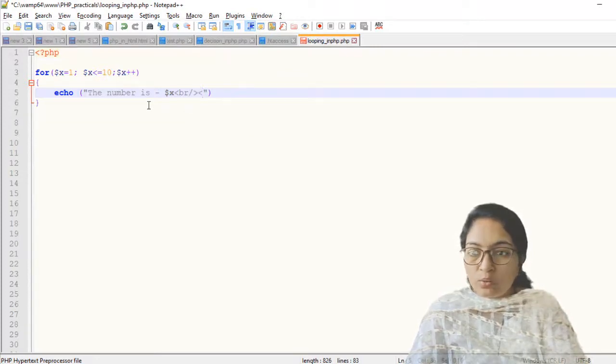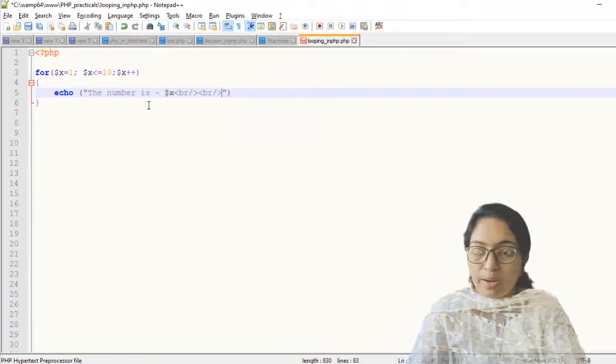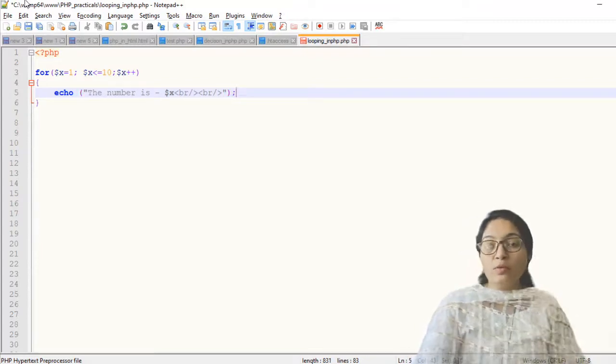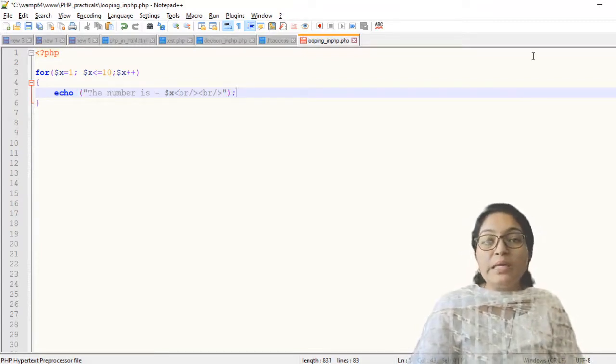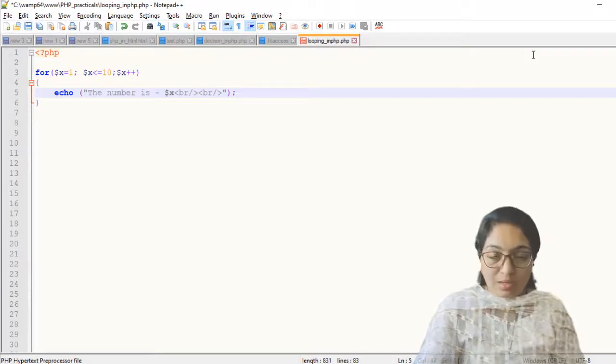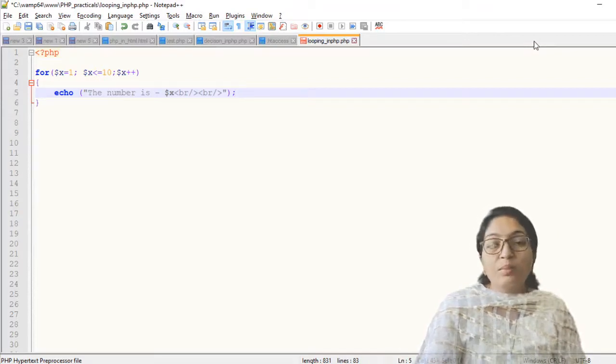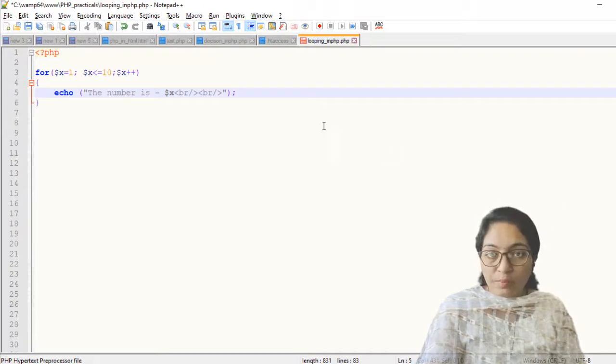Use the BR 2 times, so it will give one blank line also. Which type of code are we using? We are writing the HTML code in PHP. In the last lecture, we learned about PHP in HTML and HTML in PHP. But the preferred way is to write the HTML code in PHP.